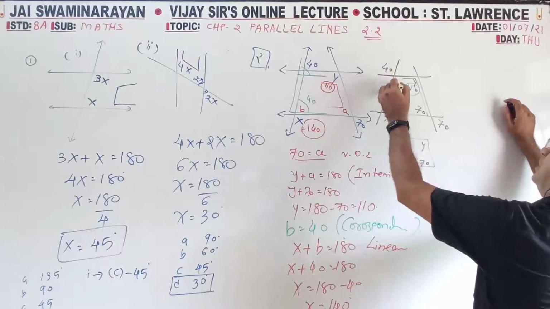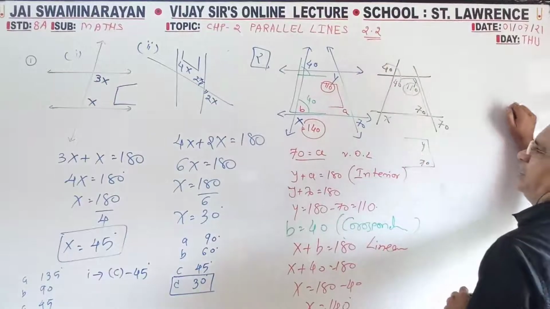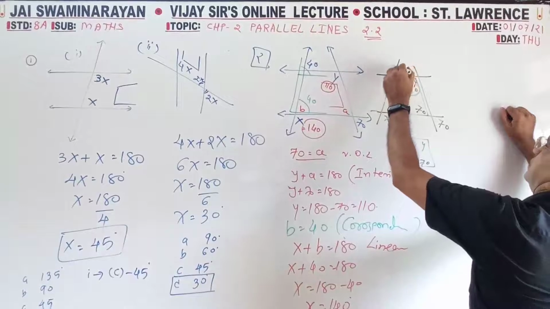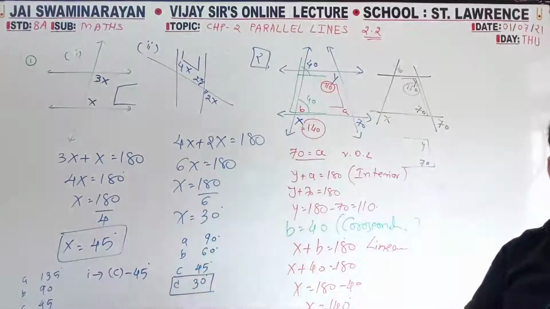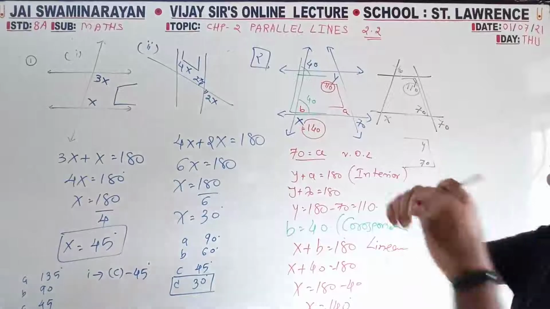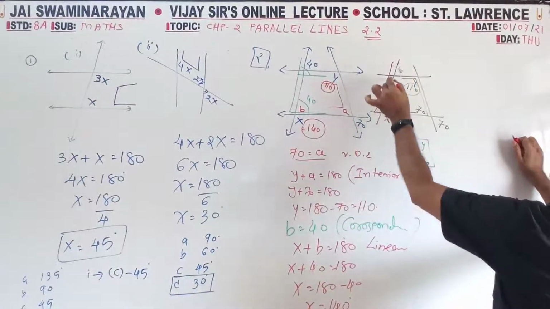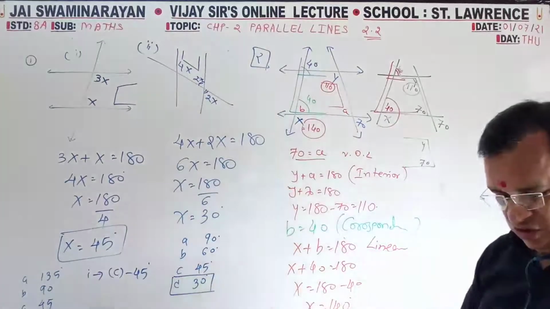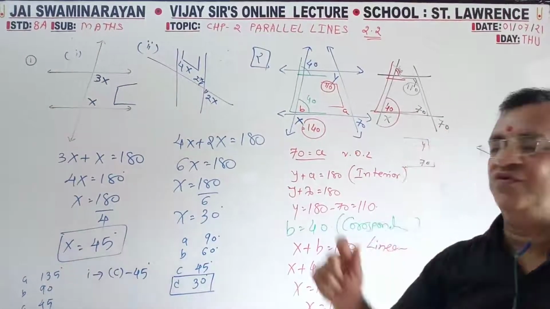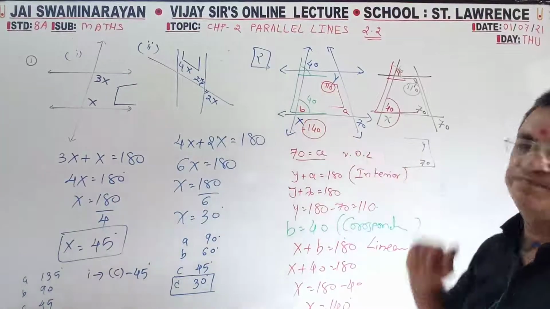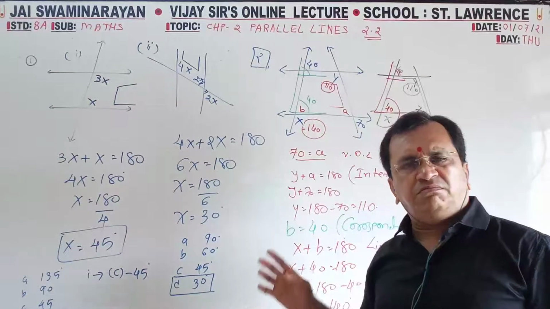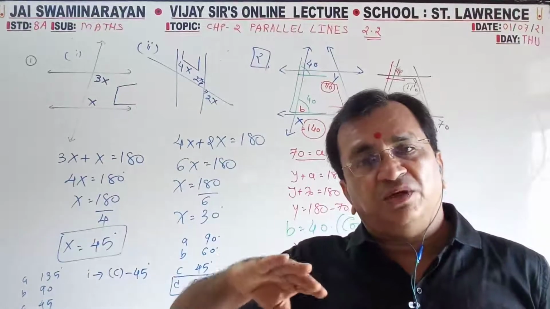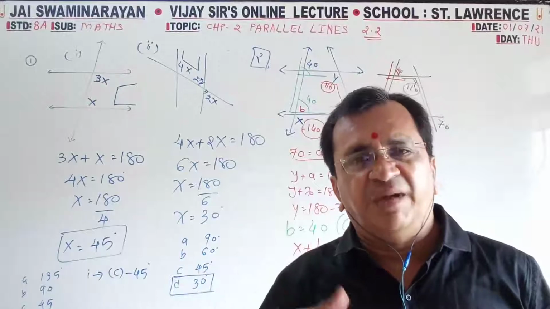Now this is equal to this 40. Internal 40 is given, sorry. So you can see an F shape. So this is 40, this is 40. 40 plus how much is equal to 180? 40 plus 140 is equal to 180. So x is equal to 140. So you do not have to copy this same to same. You can do it some other way, by Z, by C, by Y, by X.